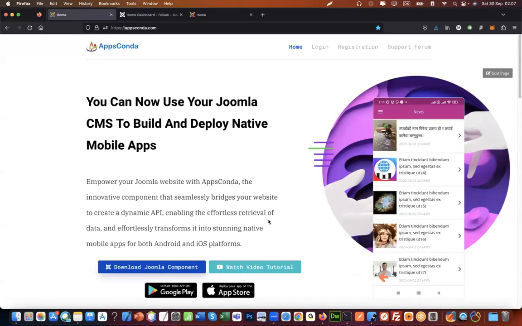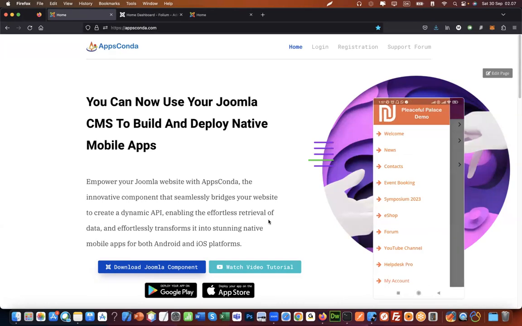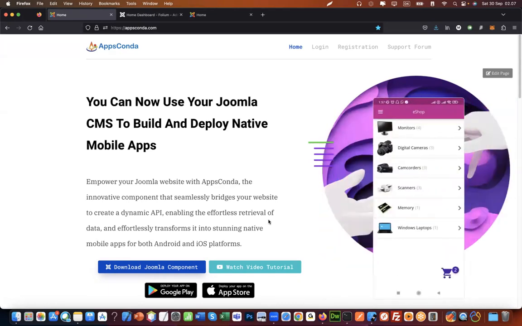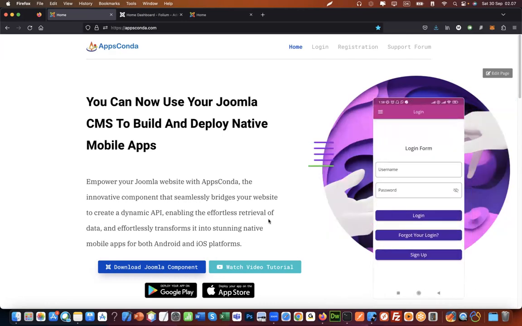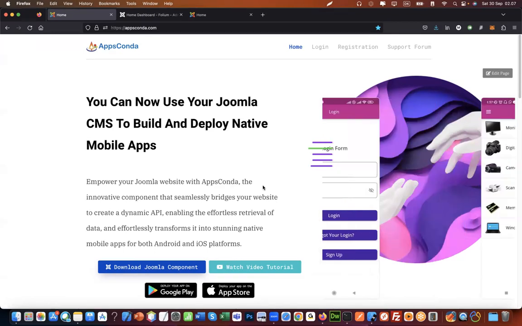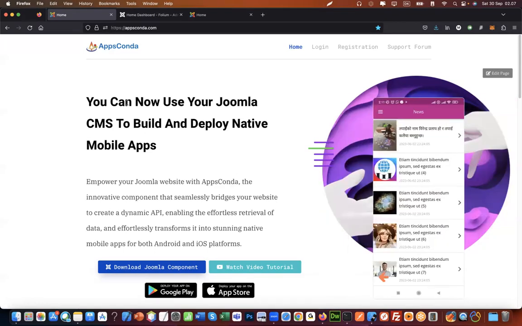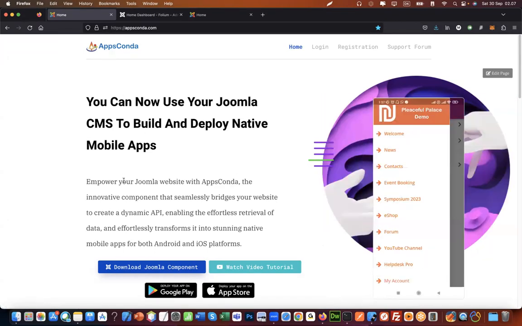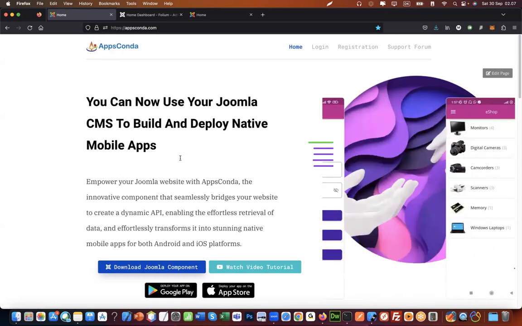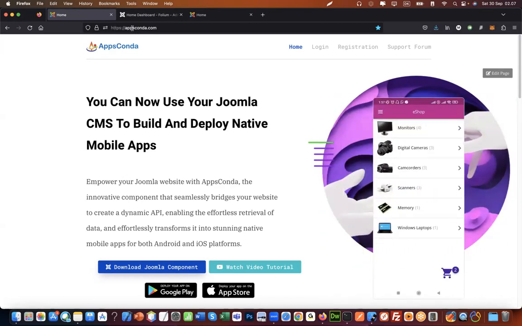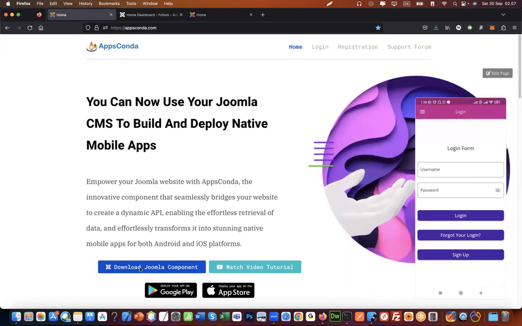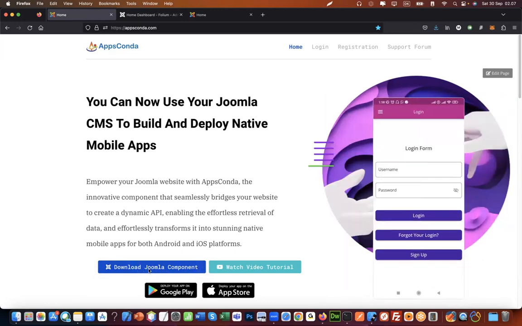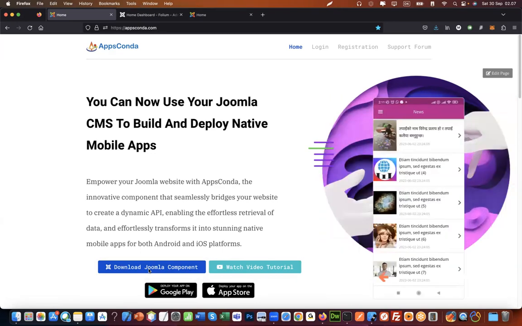Hi, so let's create a mobile app for our Joomla-based website using Joomla itself as a mobile development platform. For that, we will be using this component called AppsConda. So I come to this website, appsconda.com, and I click on this download button, and then the component file downloads